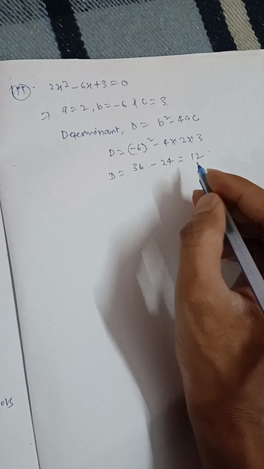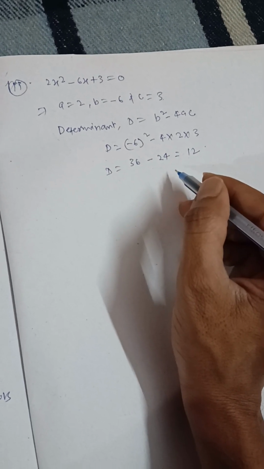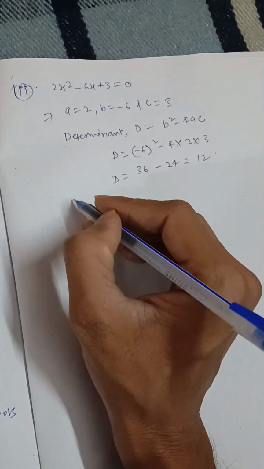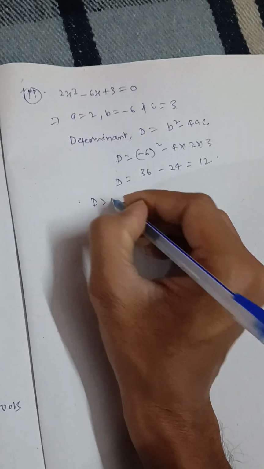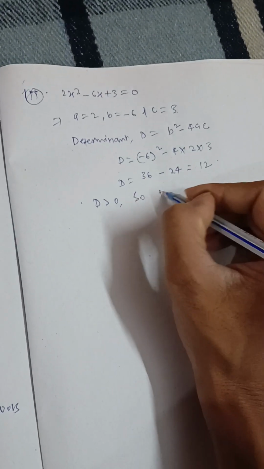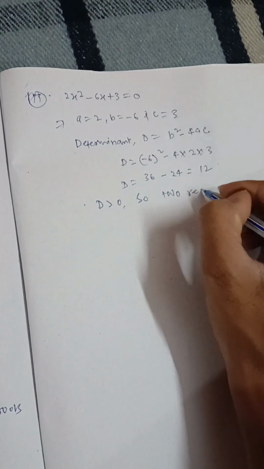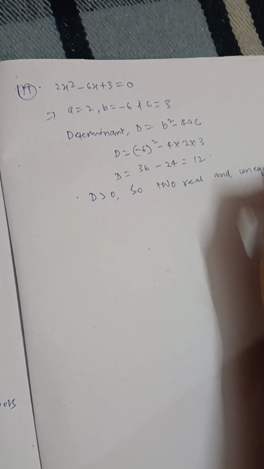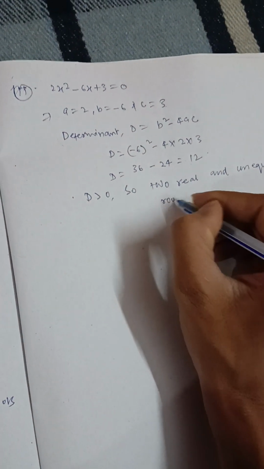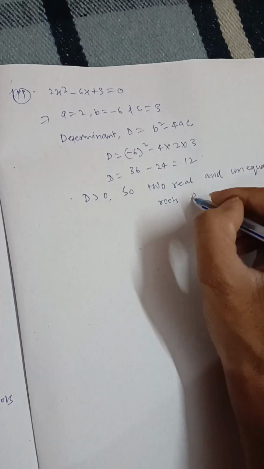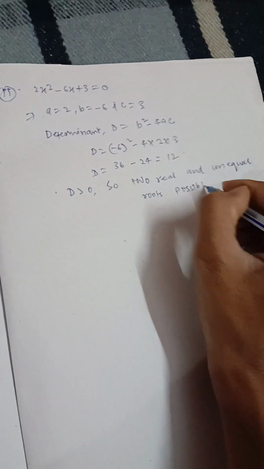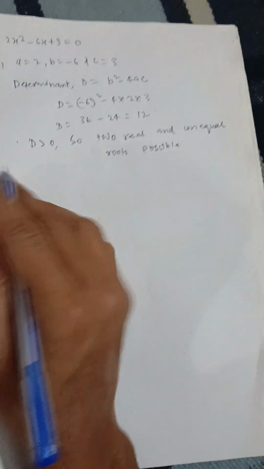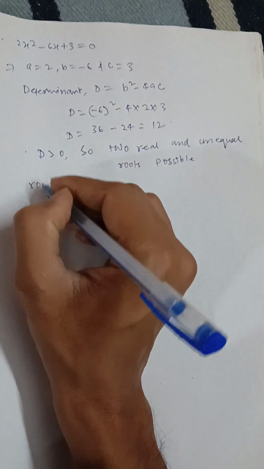Then d is greater than 0, so two real and unequal roots are possible. So roots are